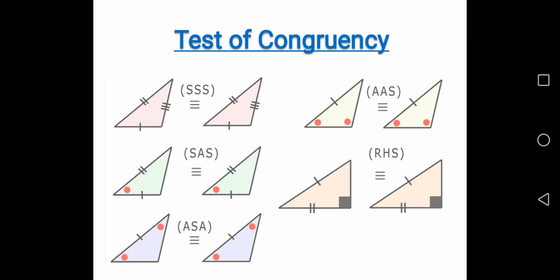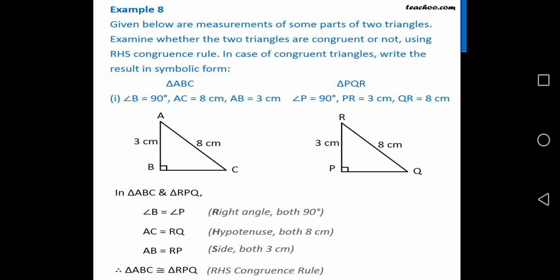Here when a corresponding side and two congruent angles match, then we can say that the triangles are congruent by the AAS test. Okay, last it comes, whenever you will find there is a right angle triangle and the two sides are equal, that the two sides of the first triangle are equivalent with the other two sides of the other triangle, then we can say that is the RHS test, that is hypotenuse side.